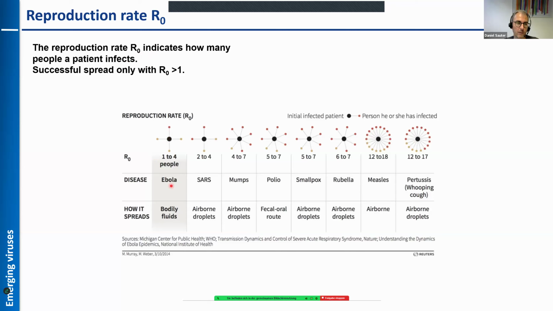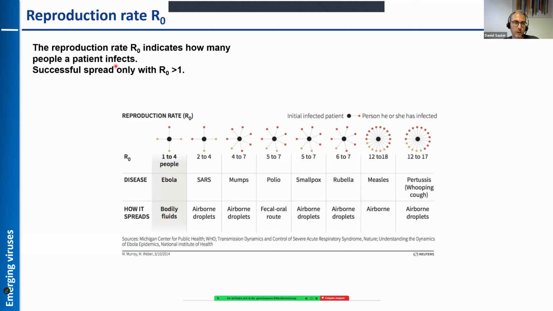So for Ebola virus, for example, the reproductive rate is rather low. So one individual, indicated here in black, on average infects only 1 to 4 other individuals. In contrast, so we've talked about measles already. Measles has a very, very high reproductive rate, infecting about 15 other individuals if there is no vaccination, of course. And obviously, a virus can only spread efficiently or continuously in the human population if this rate is above 1. If it's lower than 1, at some point, the virus will go extinct.